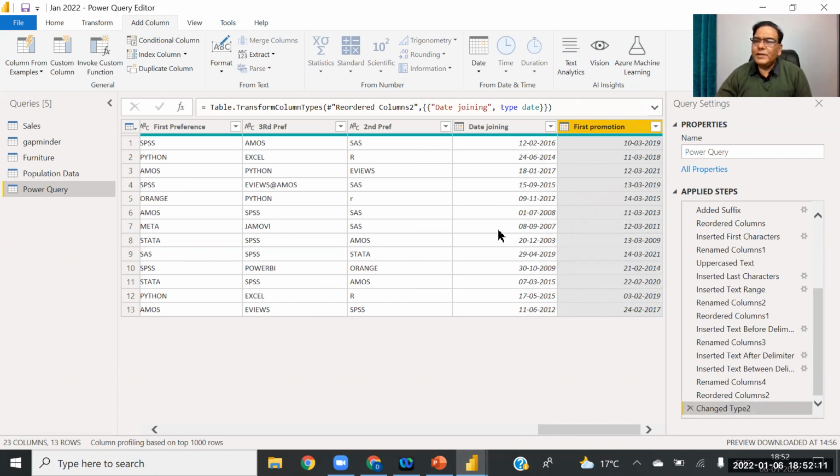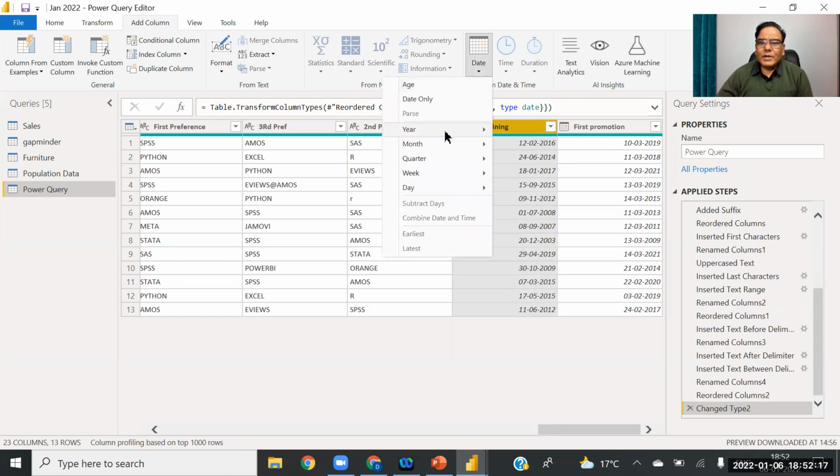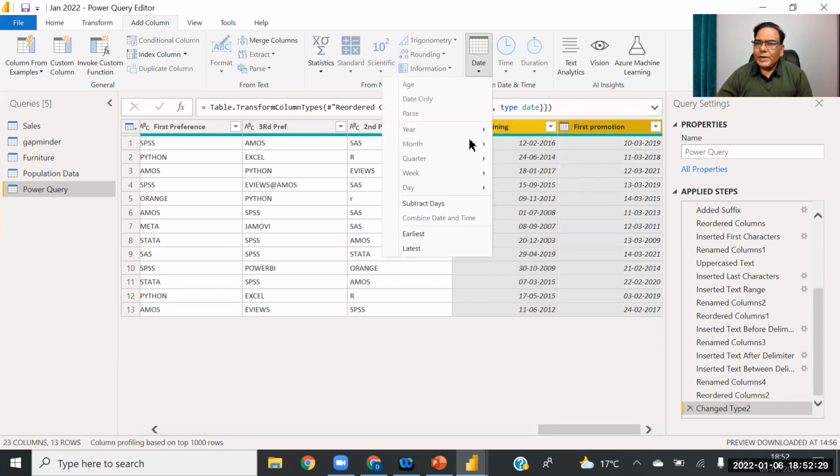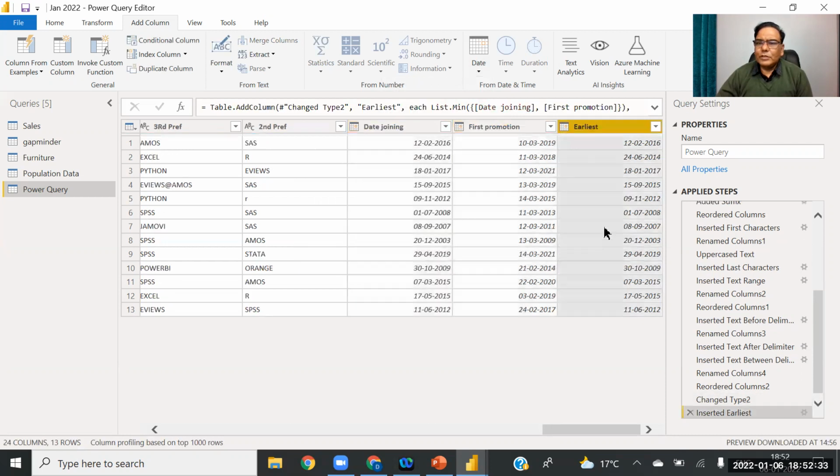Okay, so you know how many functions are available to convert the dates. Just try. There are many more functions also, but I am just telling you that you can also calculate the earliest date and the latest date. For example, if you select the dates, go to Date and click on Earliest, the software will tell you which date is the earliest.